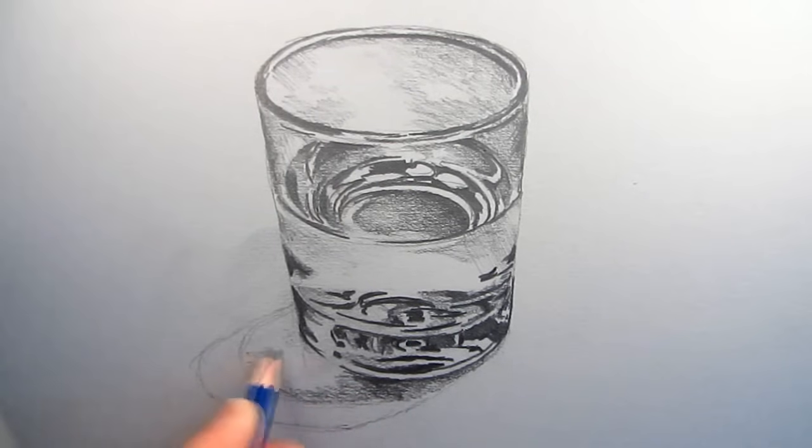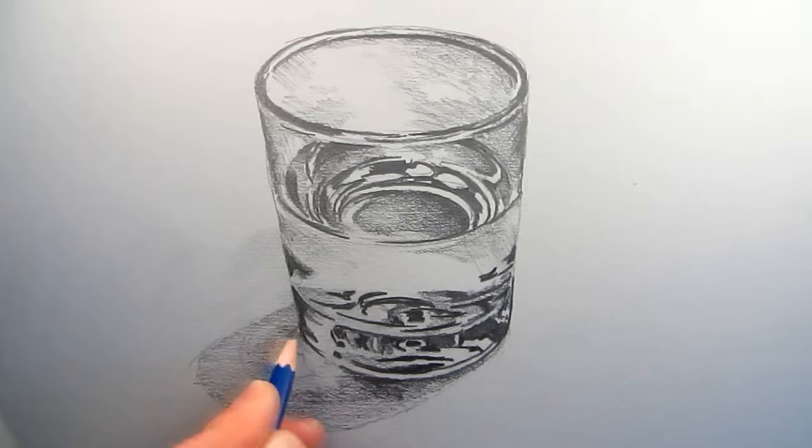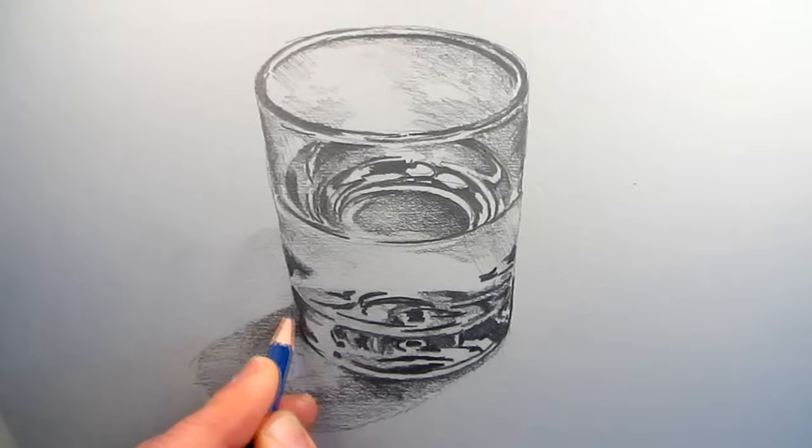So if you keep the pencil and hold it at one direction, as it were, then you get a more graded tone. I don't need this to be a totally flat shadow, because in reality the glass that I'm looking at hasn't got a flat shadow. It's quite complex. So there's going to be a little pool of light on the left hand side base of this glass, which I'm leaving an area, so that that looks really bright later on, because that's what I need to achieve. I'm making sure that there are some areas of tone within that part which are very dark,